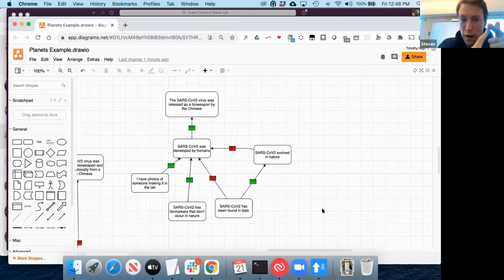I can try to explain why. If you don't understand it, I'd like to explain it. But I'd also like to hear why. My question is, if you don't add it to both, then somebody will raise it. Somebody will make that point. I have photos of someone making it in the lab and adding a supporting argument to the top one. That will happen. I am interested in your answer to why it is wrong to put it at the top,